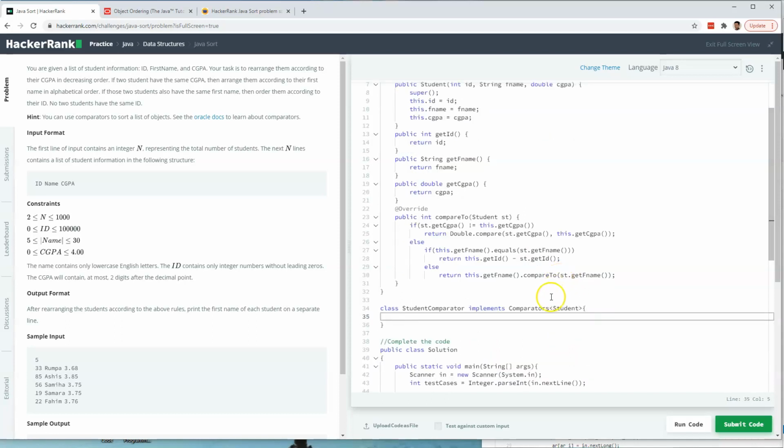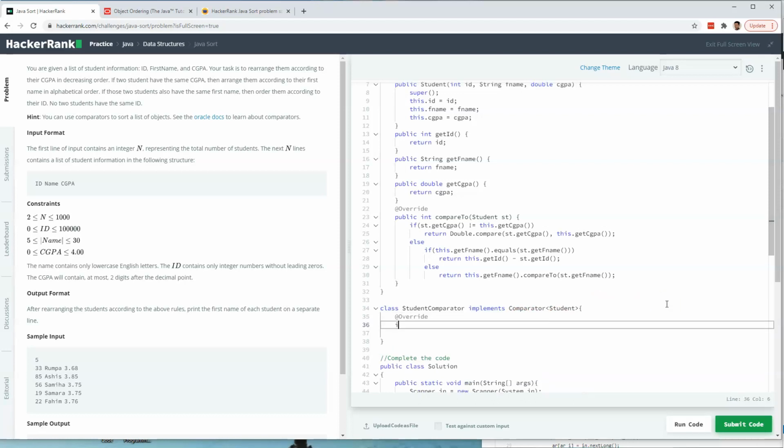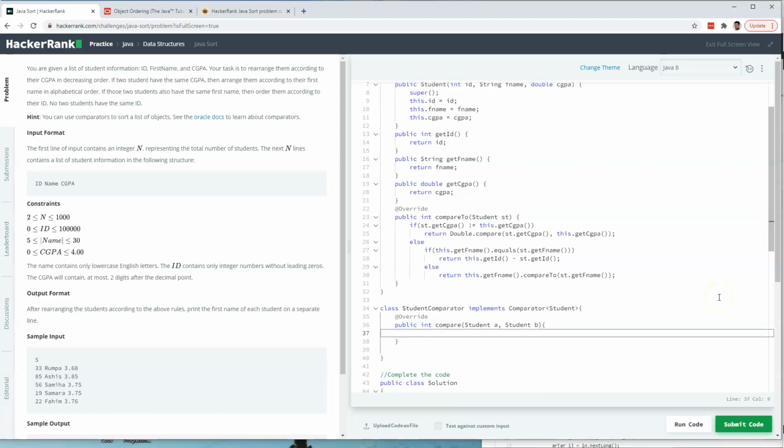Comparators will have a compare method. It's called Comparator, which is again a part of the java.util package. In this, we override a method which is public int compare, and it takes, say, Student A and Student B. This is exactly the same as compareTo, the only difference being that it takes both the objects which have to be compared. In the previous one, since it's part of the same object, you can use this as the first object, the original object in which the method is called, and the other one is the second object which is passed as an argument. But in this compare method, you have to pass two